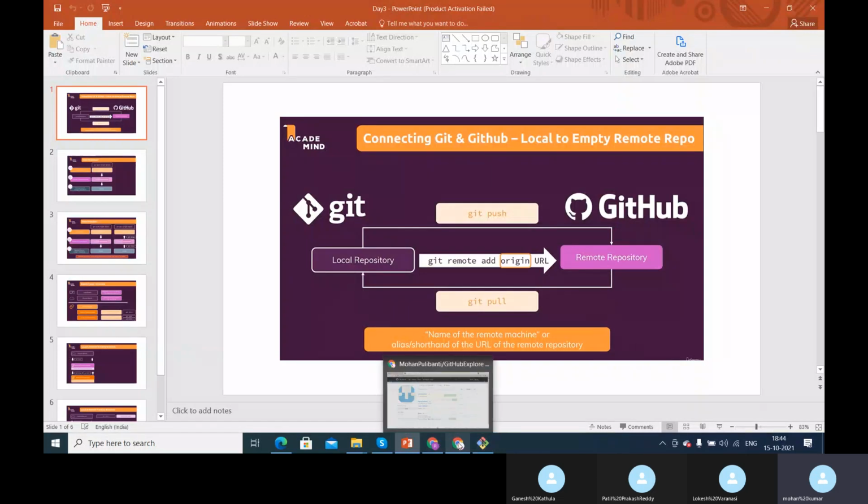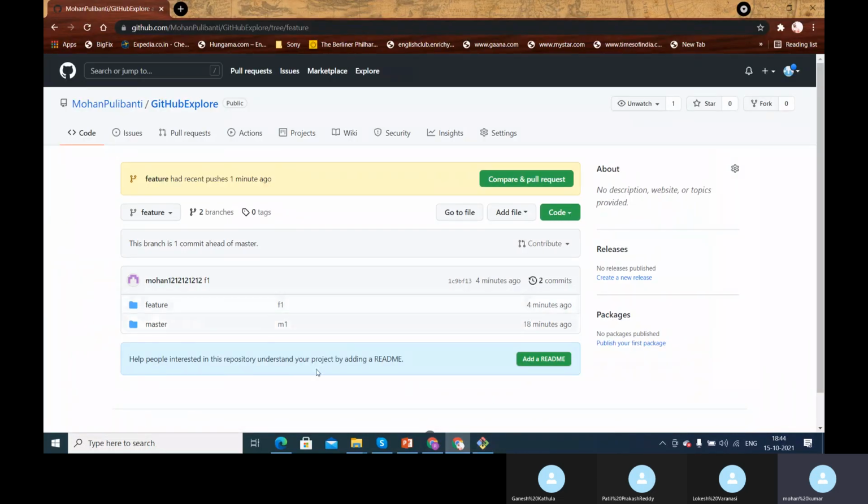Now the second case is that in my remote repository, which is GitHub, I will create a new branch. How can I create a new branch? There is a drop down in my repository. If I expand this drop down and give some name over there, future duplicate, I'm creating a new branch called future duplicate using the future branch.